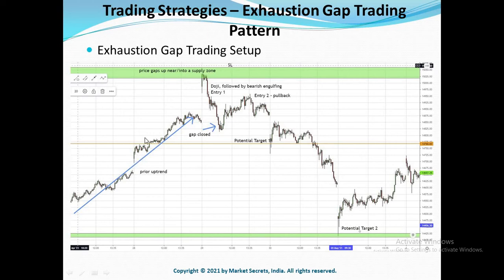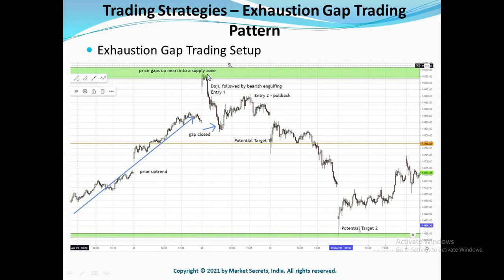This exhaustion gap pattern generally occurs near the end of an uptrend. However, that upward gap generally fades really quickly and the price will turn lower. To put it simply, you will find that the weak gap ups are always into the resistance. That is, it will always be a gap up into the supply zone. This is usually designed to trap retail traders into a potentially weak uptrend and into a poor trade, catching their stop losses after they go long after looking at the gap up.